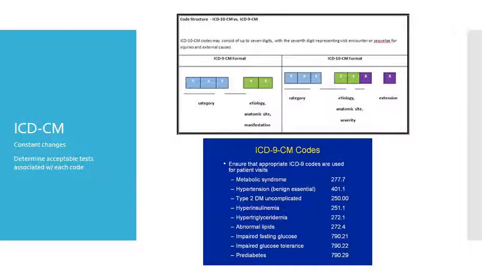These are constantly being changed, which is a pain in the neck for billing. And for our purposes, we never apply these, but this is basically the backbone of how we decide what tests can be run on this patient. If you have a patient who comes in who's, say, a 42-year-old man, you have to be able to explain why that man is getting any one of the tests, and they have to relate back to these